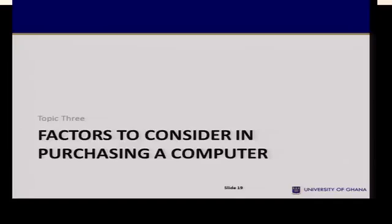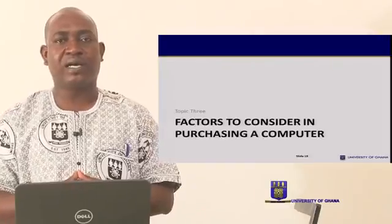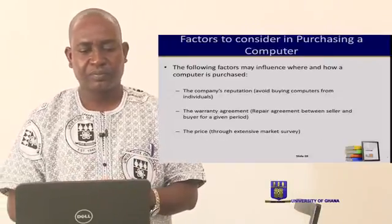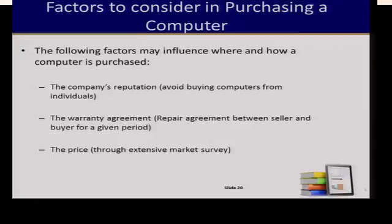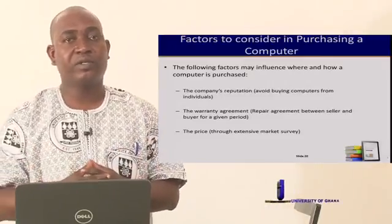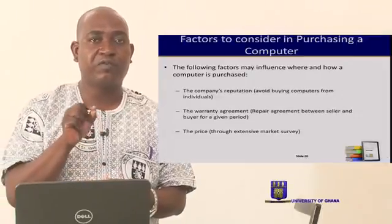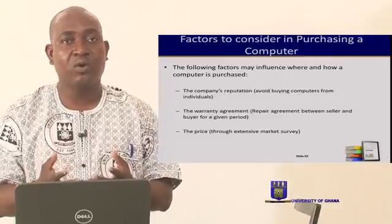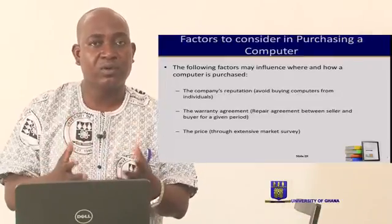the same place. Now let's consider some of the factors that we need to critically look at before purchasing a computer system. Now let's first consider the reputation of the company. I know some of you are in the habit of buying from the roadside, but you need to buy from a reputable organization, company, so that if there is a problem, you can still go there and